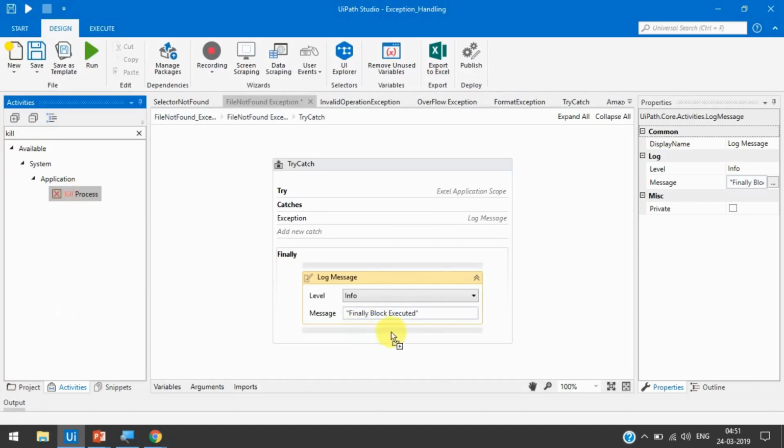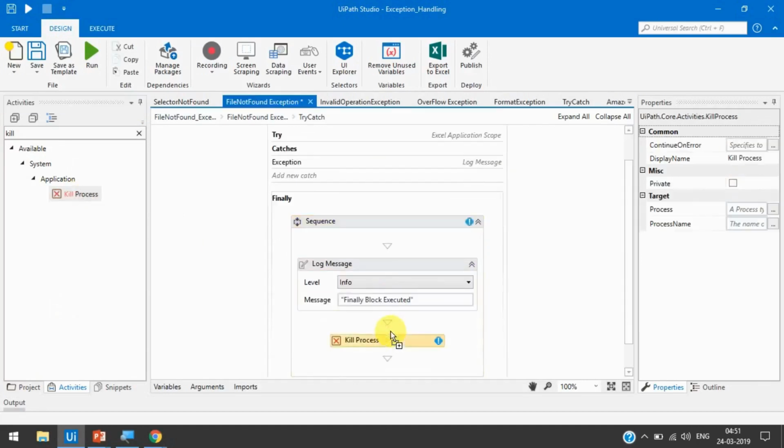In the finally block, as you already learned in programming languages, in the try catch block, if you have opened a connection like using connection dot open, then in the finally block you should close that connection using connection dot close, right? So this is the same: we can close all these processes, we can close the connections, we can close the applications, we can close the files.